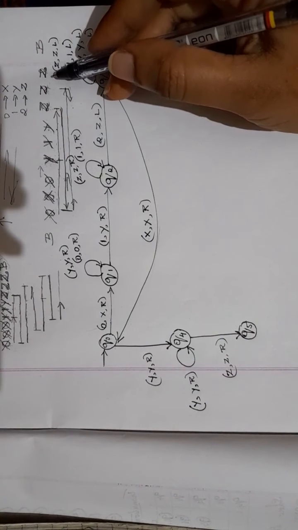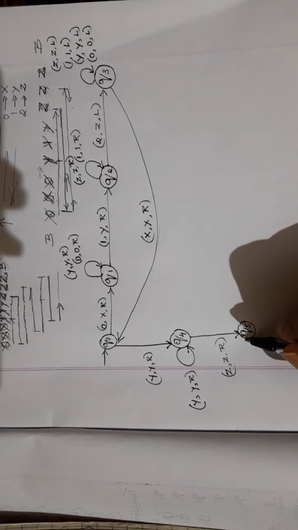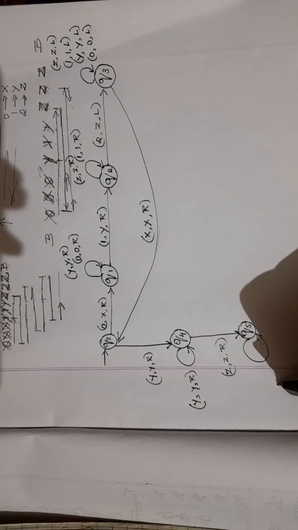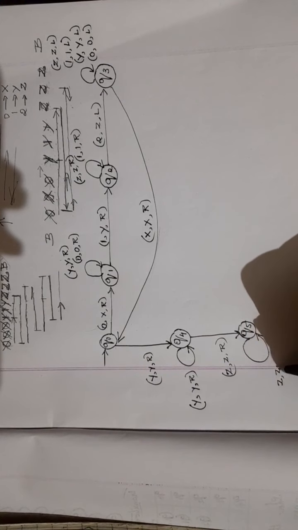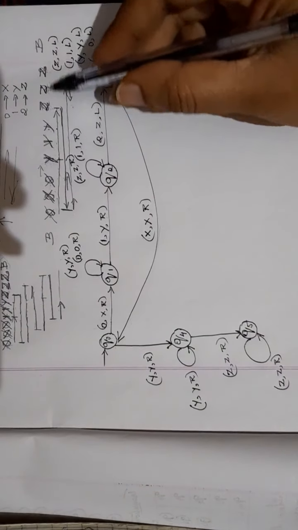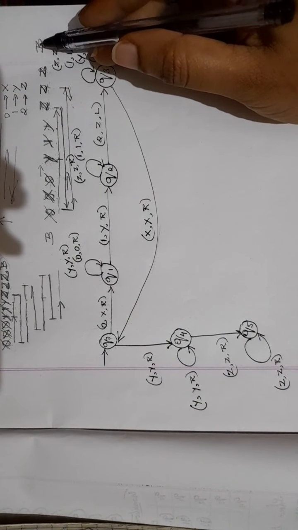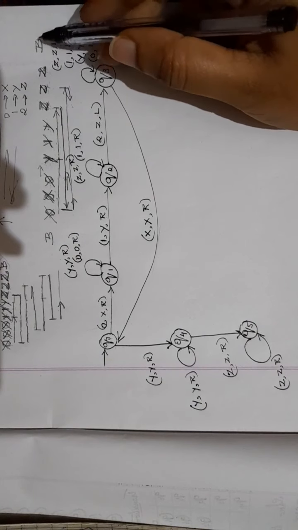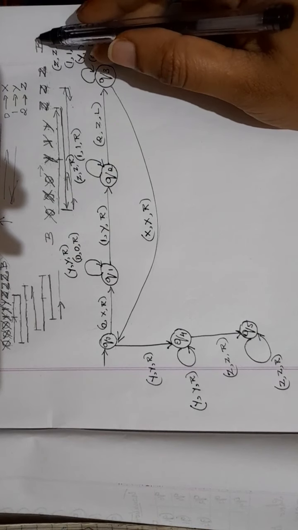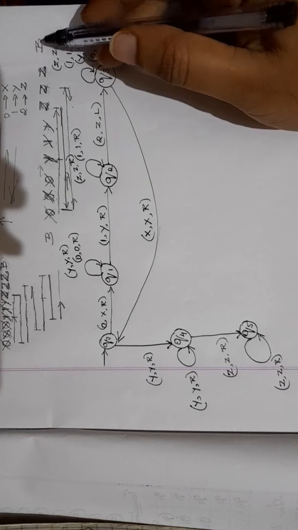So don't make any changes, keep it as it is. I will take a loop, as I can get any number of z. If you are reading z, keep it as z itself and then move right. Keep on moving till you read b. If you are reading b, keep it as b itself and then stop. It means that you have reached the accepting state, that is the final state.